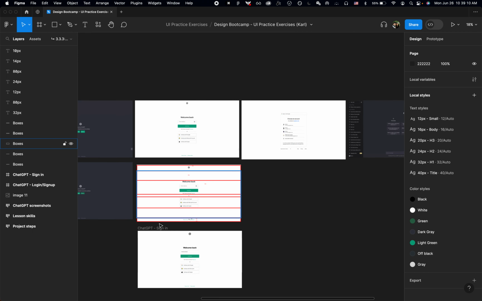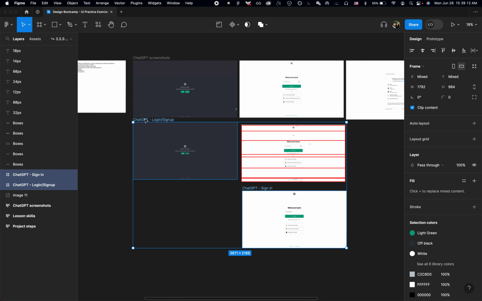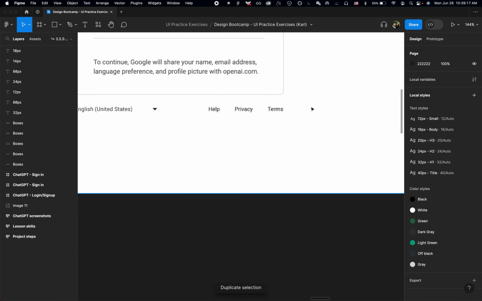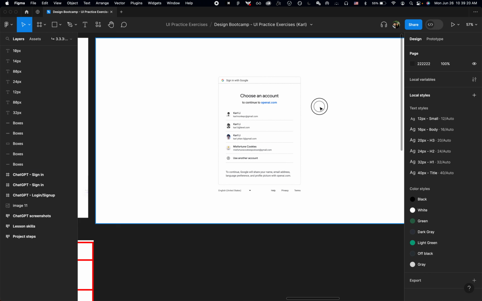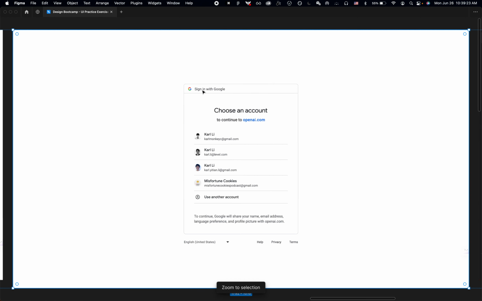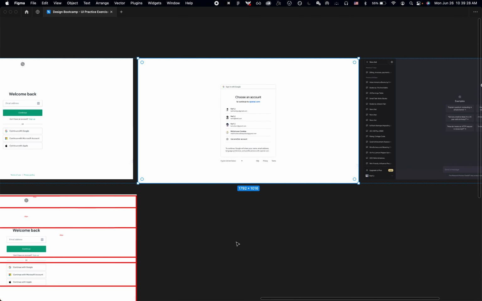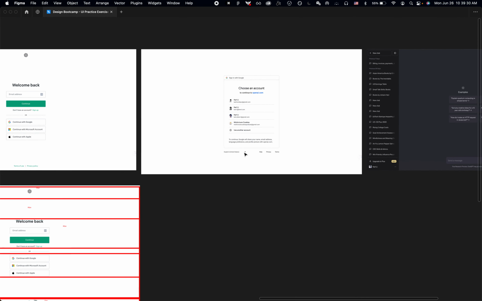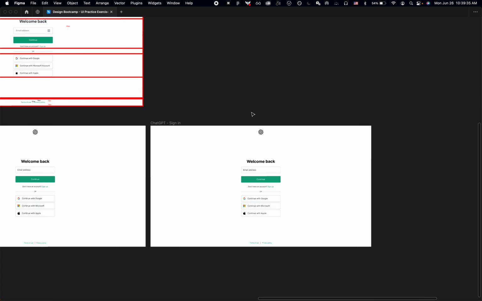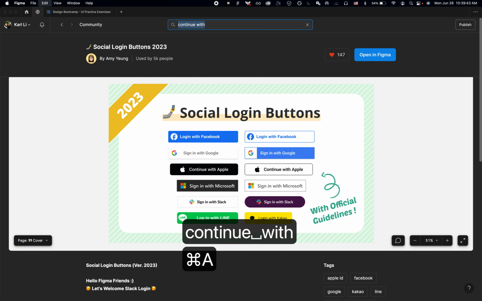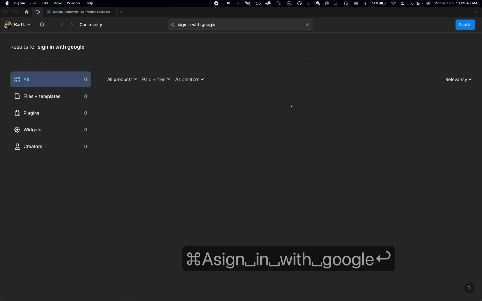So the next step is to continue with the Google screen. If you haven't guessed this already, you'll notice this is using Google styles. Choose an account, continue to OpenAI. This little thing shows up over and over again, it's an authentication method via Google, signing in with Google, and someone in the community has already made something like this. So continue with Google or sign in with Google. If you search for it,